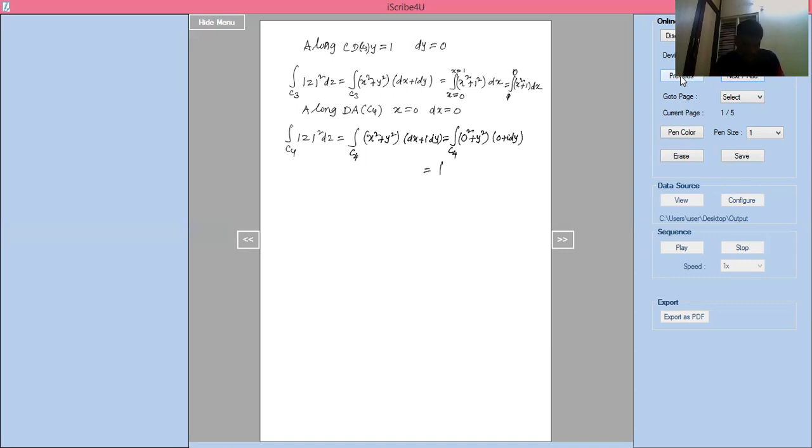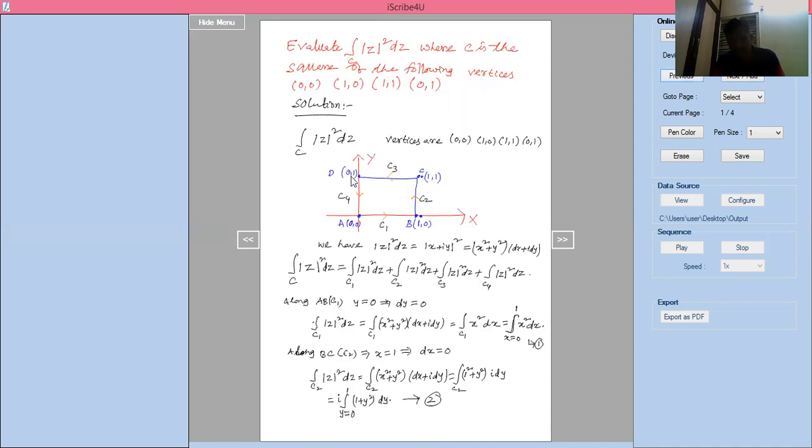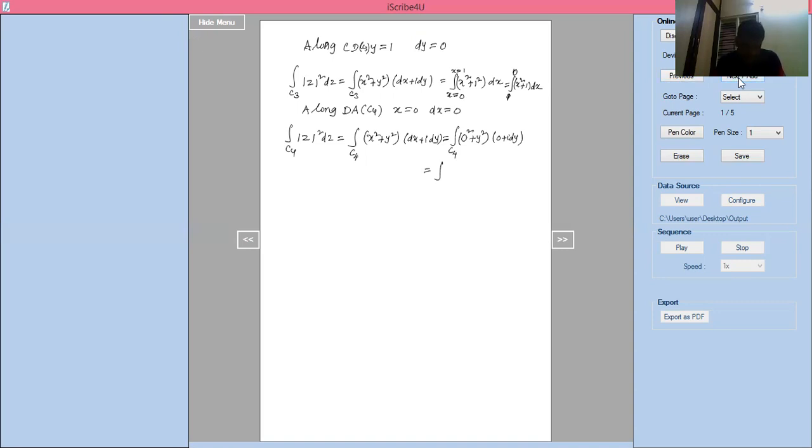Now you will write C4. Now only the limits remain. What limits remain? The y limits remain, and the y limit should be 1 to 0. So y equal to 1 to 0 of i into y square into dy. This is C4. Now, if you join all of that and simplify this, you will get